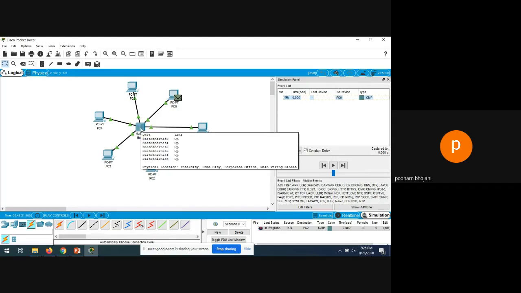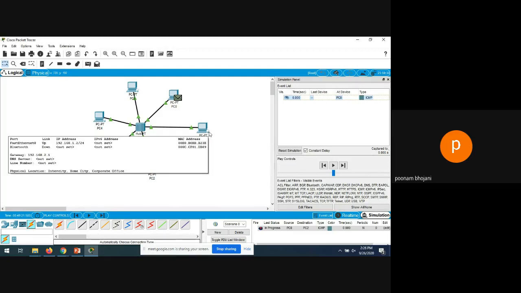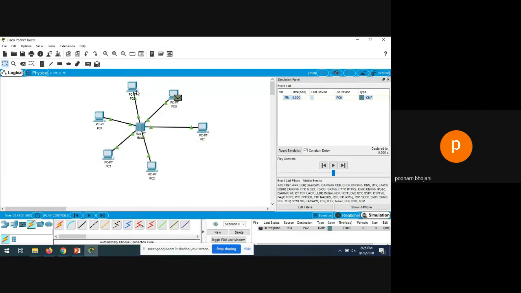Now again in a reverse way the same procedure will be done. Hub will send that acknowledgement to all the devices. But all the devices are actually aware that we have not sent any data, so how can we get the acknowledgement? So the acknowledgement will be rejected. Only this one will accept the acknowledgement. So see the procedure again.